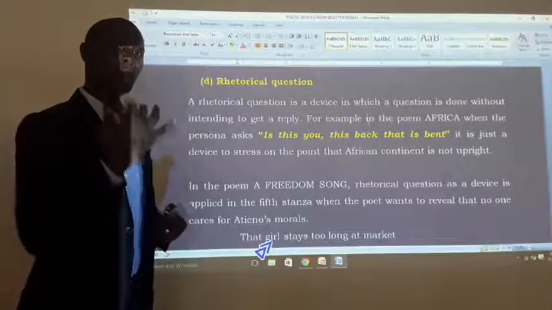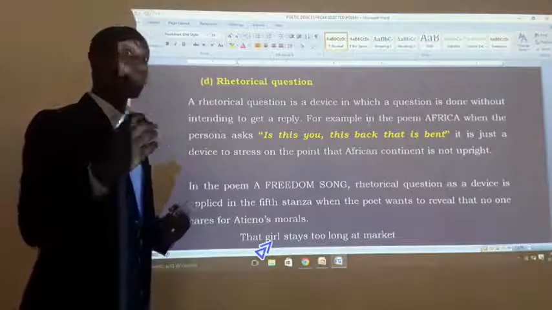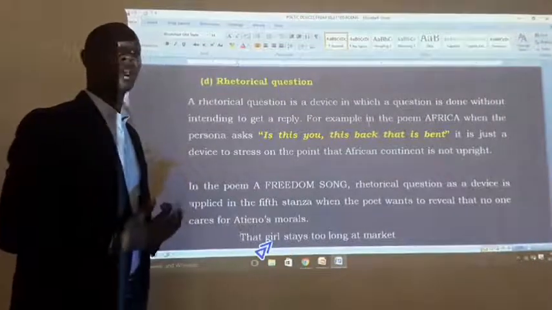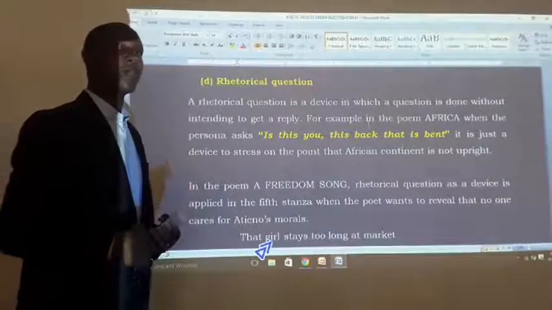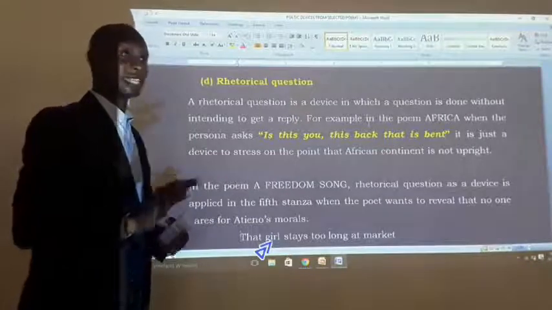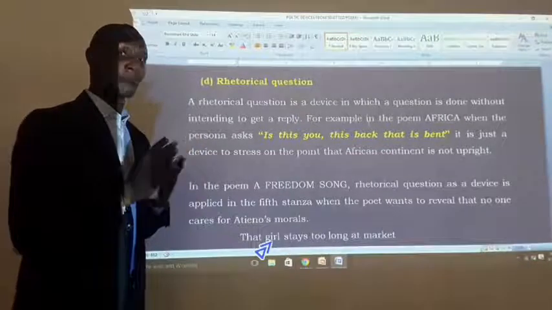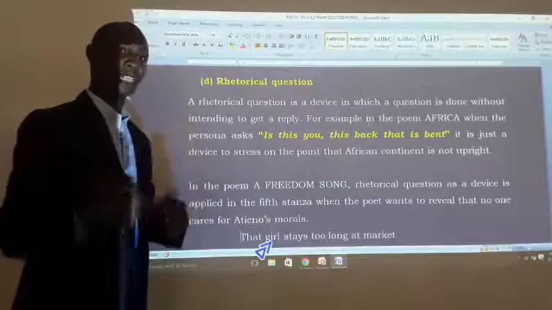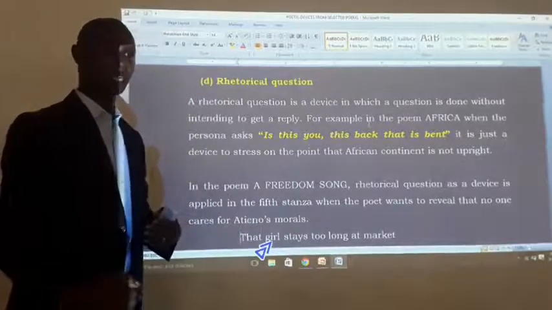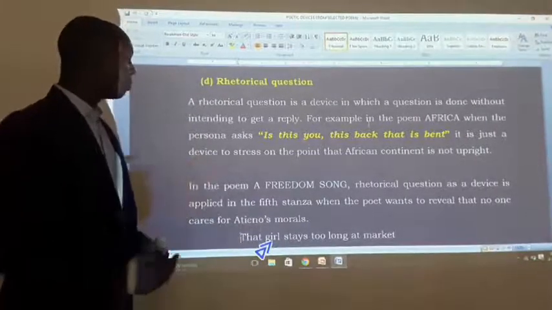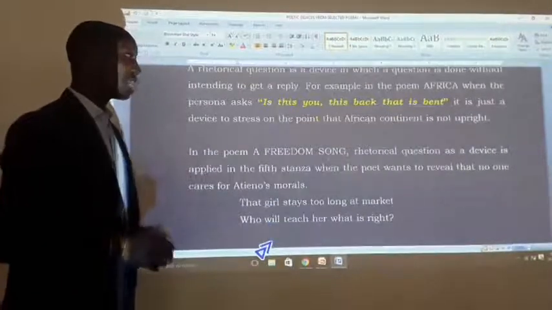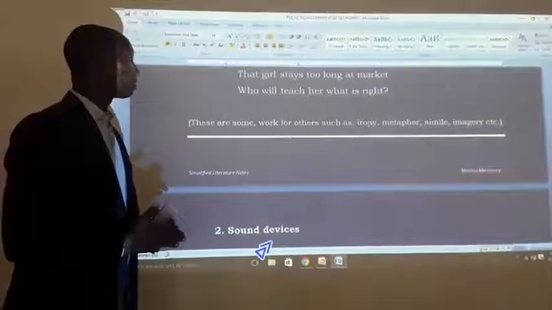But ironically, one may think maybe the persona was just waiting for Africa to reply. This can't be, but it was to stress that Africa is not upright. Then he wants us to interrogate what made it bent. In the poem A Freedom Song, the rhetorical question as a device is applied